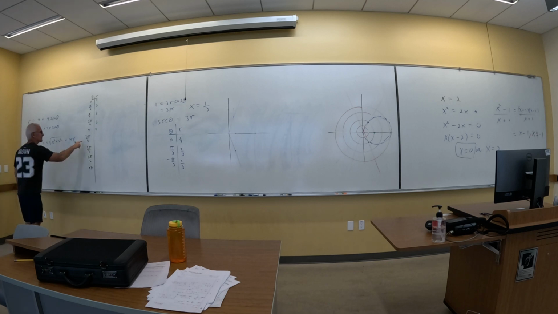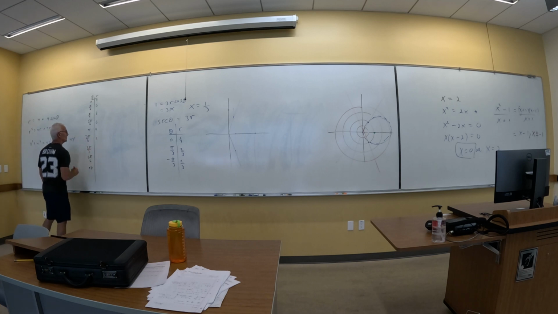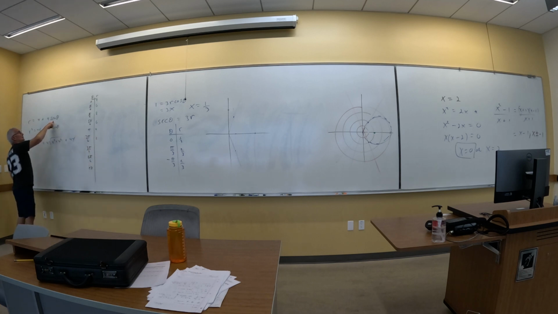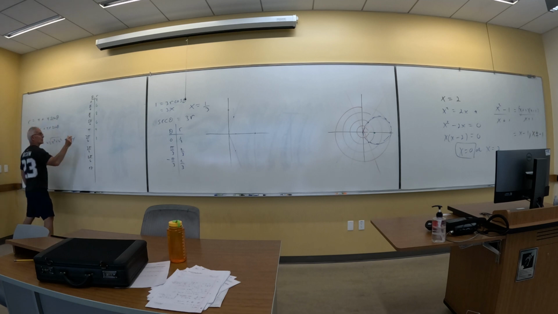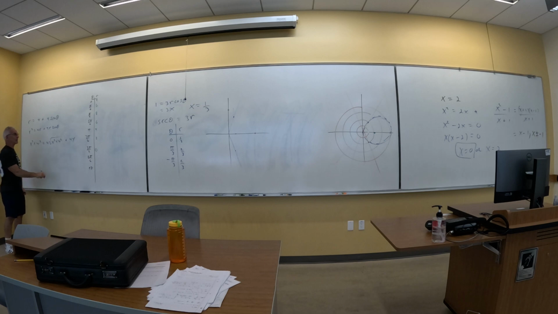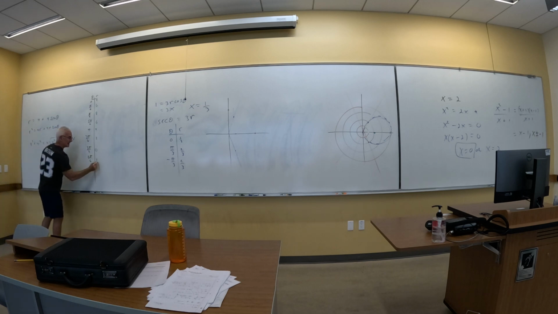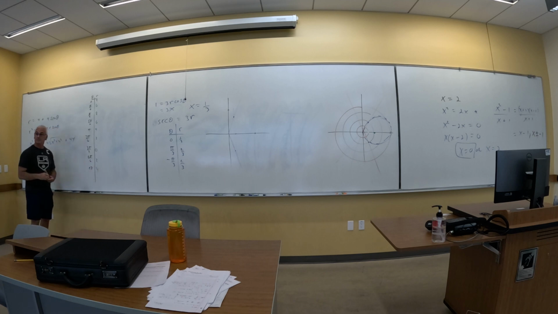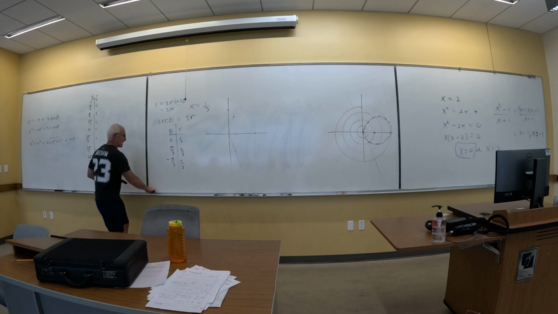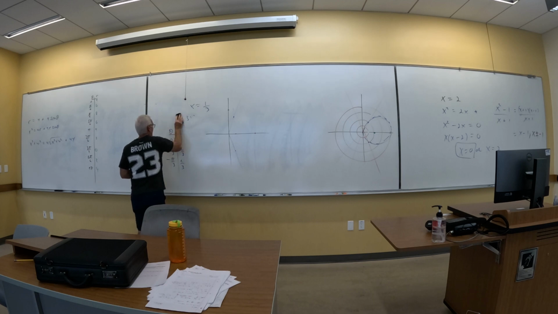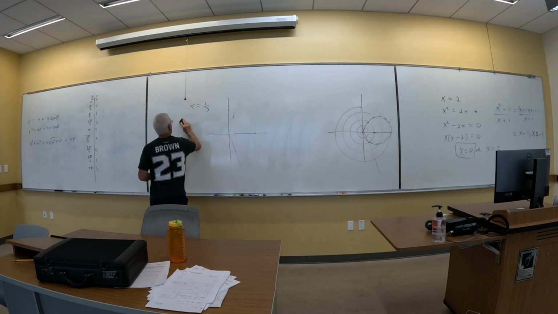I'm lazy. 7 pi over 6, the sine would be negative a half, so my r would be 2. At 3 pi over 2, sine would be negative 1, so r would be 0. Oh, back to the origin somehow or another. 11 pi over 6, sine is negative a half, so I'm back to 2, and then here we'd be at 4 again. Okay? So, I do not want anybody here to go out and buy polar paper, but to try to draw this on an XY plane